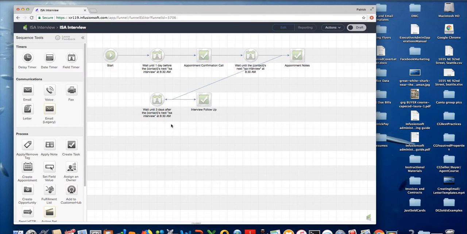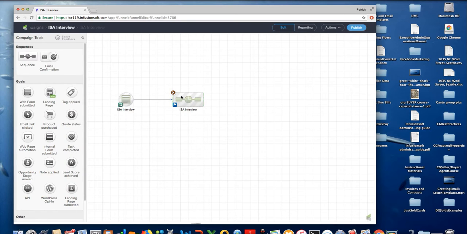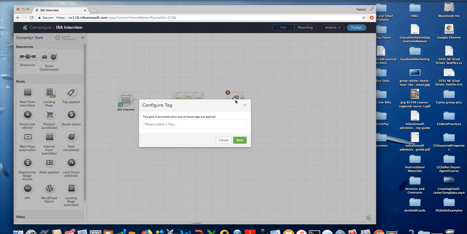There's my task, my sequence. I'm going to go up here and click draft to make the sequence ready. Okay, so now I punch in the numbers here. It launches all of this stuff here, and I always want to be able to stop it from happening if, let's just say the ISA cancels the meeting or is not a good candidate or whatever. I'm going to pull a tag over here and draw a line to the tag, double click here,